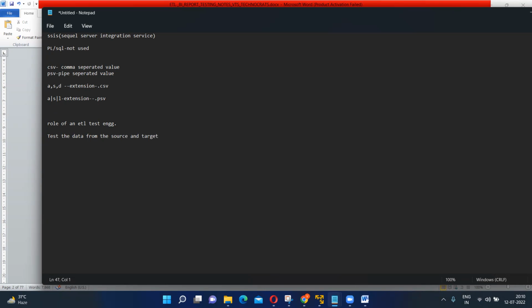Okay, first thing, and he will sometimes run the workflow so that data gets loaded into the target. These are two things, guys. First is that he will test the data from the source and the target. Next, he will run the workflow so that data gets loaded into the target. Also, guys, he will test the data. Third thing is what? He will test the data from the target to the